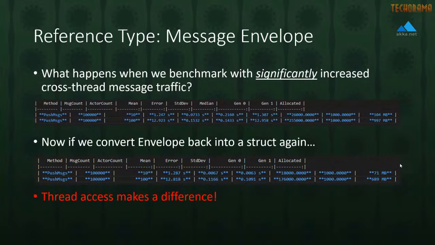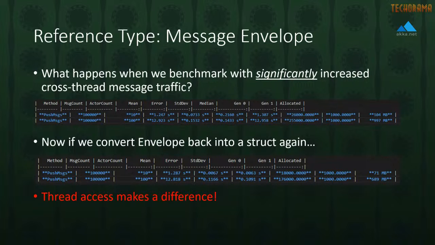amount of memory pressure. And the reason why is that even though when we're running on a single thread, it's more efficient to use a class once since it's passed by reference and it's instantly Gen 0 garbage collected by the time we're done. Well, when I'm passing around objects between multiple threads, like how I am in this system, that copying only happens when that thread is scheduled. So let's say those copying operations become a lot cheaper than the garbage collection operations would otherwise need to have inside the system.